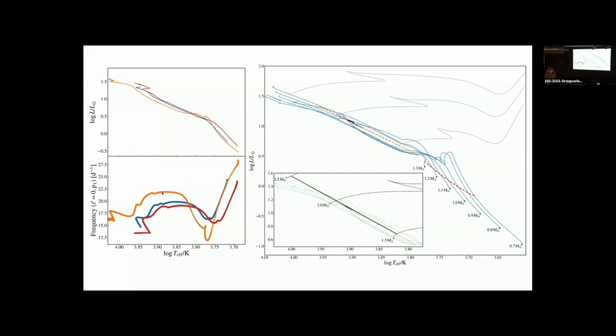So on the left-hand side panel, we have a comparison between the HR diagram on the top and, as a function of logarithmic temperature,